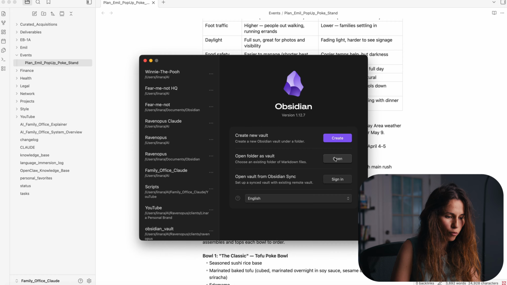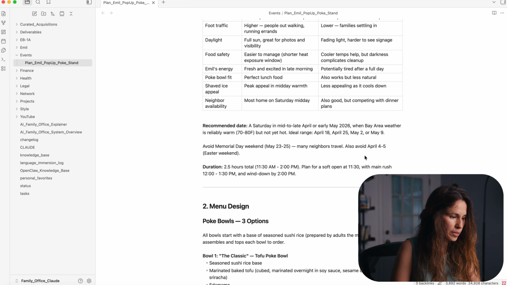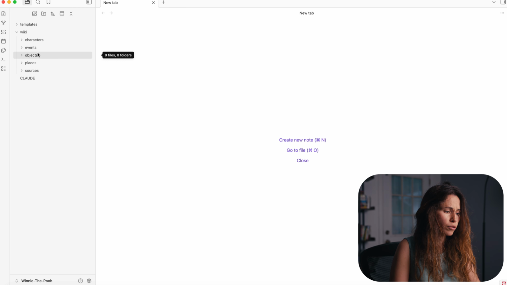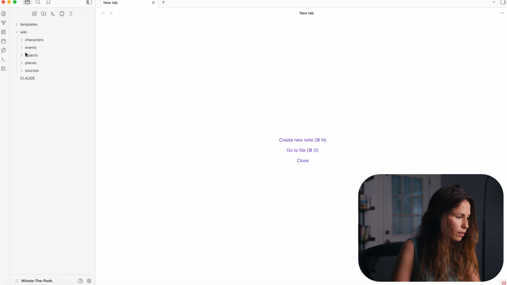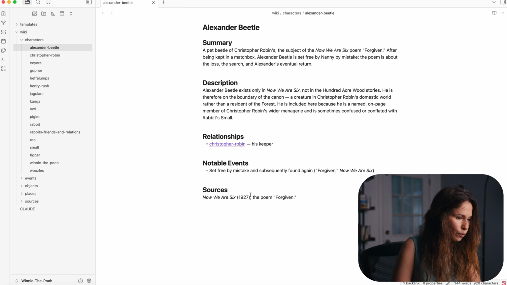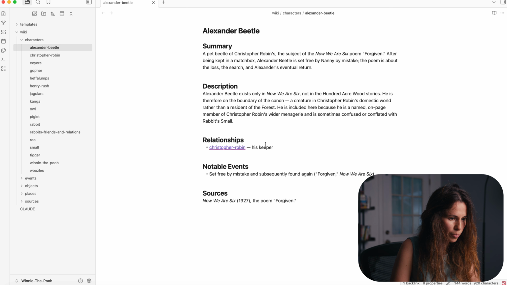Step 2. Open Obsidian. Click Open Folder as Vault and select the exact same folder. Obsidian indexes every markdown file inside it. You will see a file tree on the left, just like Cursor's File Explorer. Click any file and it renders in the main pane, properly formatted. If we compare it with what we see in Cursor, it looks very different in the editor pane, much better in Obsidian.